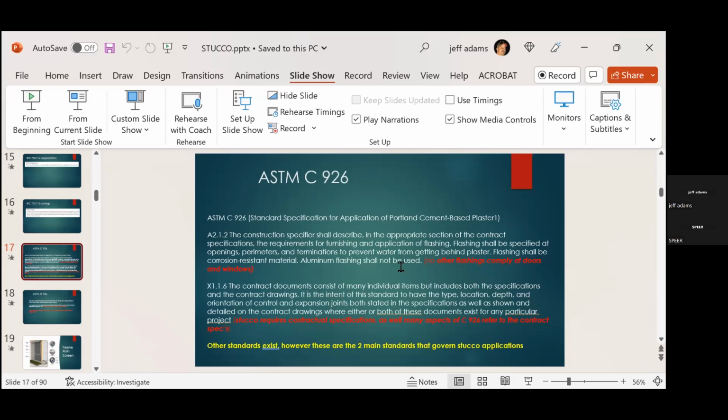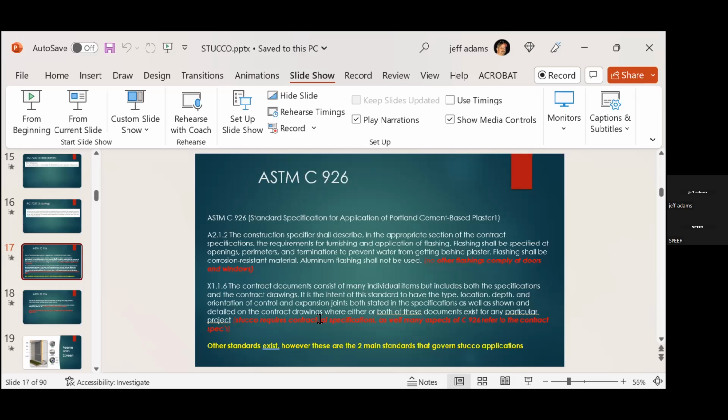Very specific. But one of the things in here you're going to see in a couple of chapters in the ASTM, it requires a construction specifier shall describe. Okay. So it all has to be written down, and then it has to have a contract with the specifications. Okay. That's not being done. Every builder is required to have a stucco contract from that specifier that he should be providing to his subcontractor, saying, here are the details, here's what's required, you need to install the stucco per this. Again,